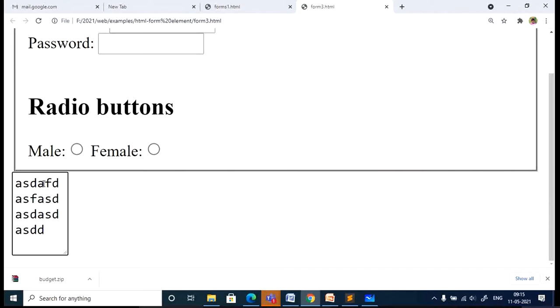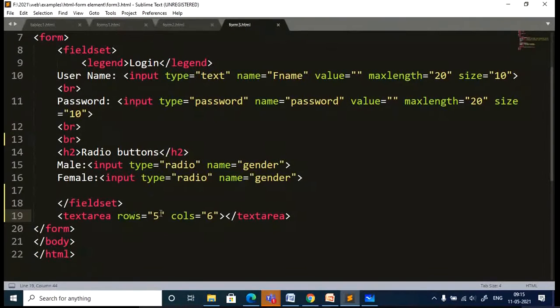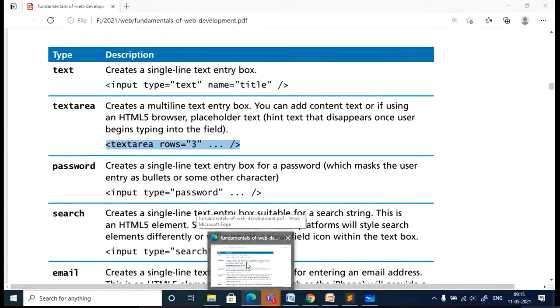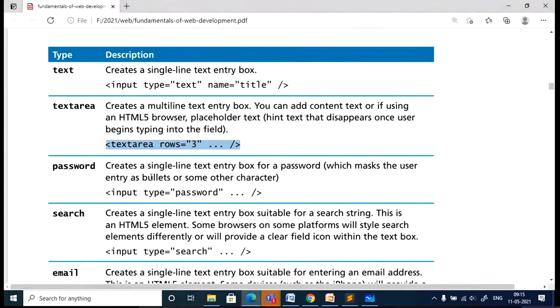I have given 5 rows and 6 columns, so each row can take 6 characters. That is how you can create the multi-line text area. It is normally used for taking an address or some description of a project. Depending on what you are designing, you need to choose that.